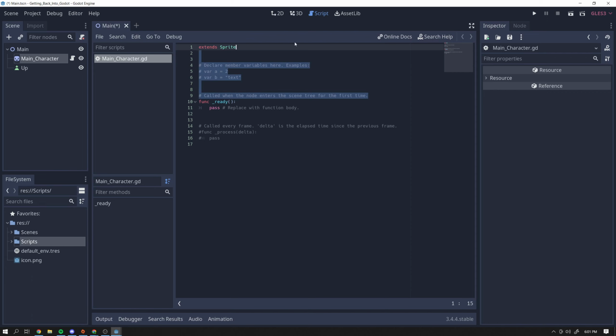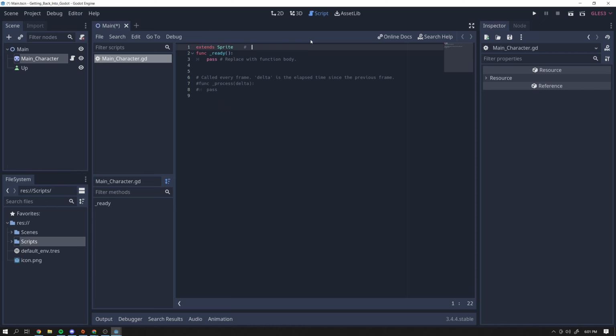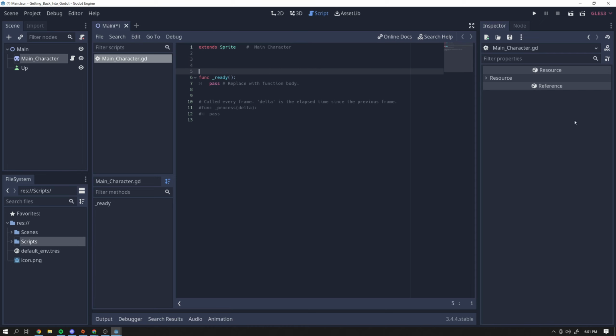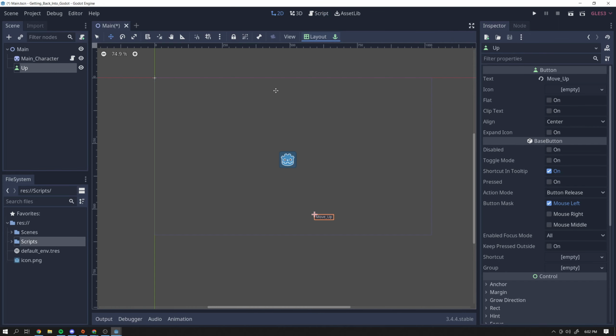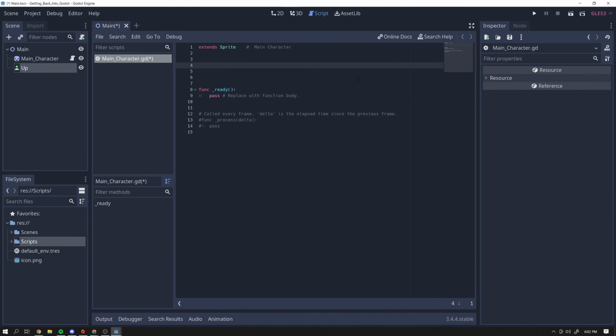Alright, I'm going to go ahead and put a comment here for myself. This is my main character. And so there's my main character. And we need to connect to this movement up button. There's a new way to do that in Godot, and I would like to show y'all how to do that right now. So I'm going to say, first I'll say var move up button is equal to,